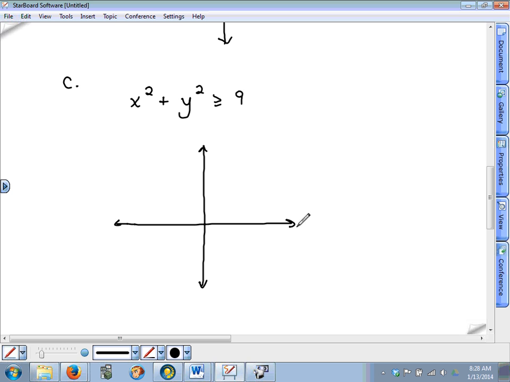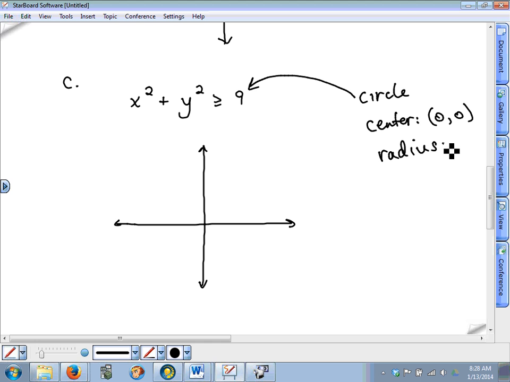This is a circle. The center is the origin, 0, 0. The radius, this is geometry stuff, is 3. So if you put the center of your circle at the origin and just go over 3 on every axis,